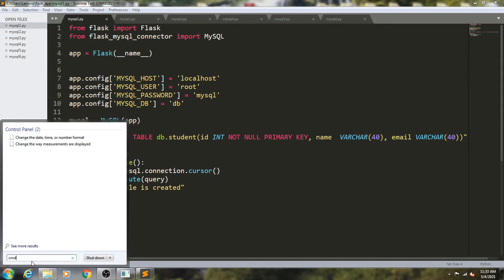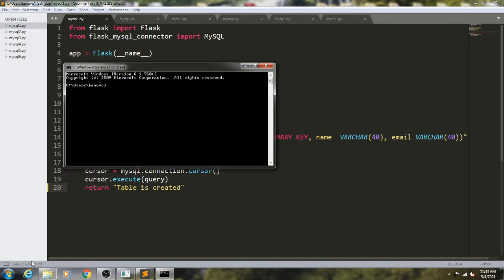So right here, type cmd, it will take you to the command prompt. The Flask app directory is there. So change directory to the Flask app. Activate your environment. So env scripts, okay, and then activate. Before executing the Flask script, you should activate the environment. So here you will get a new prompt with env shown, that means your environment is activated.